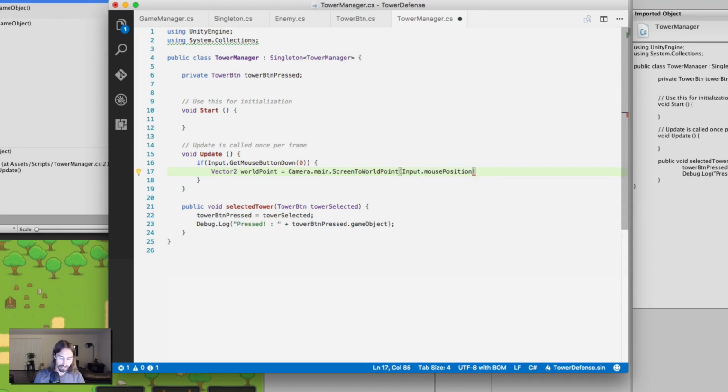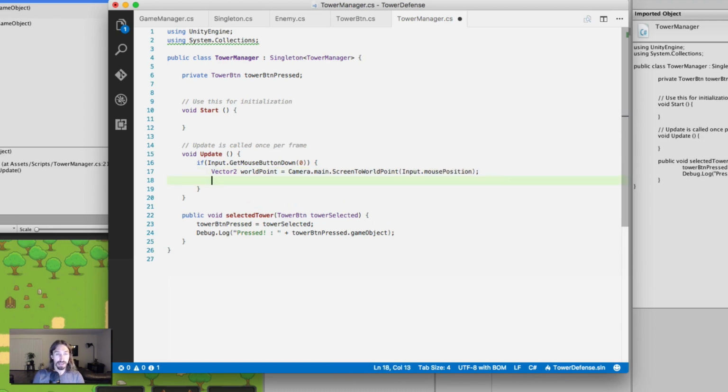I know that is a handful of stuff, but you'll get used to all of Unity's built-in tools that make our jobs a lot easier. So Input, and then it actually knows where the mouse is. It's really cool. All right, so we're going to take this Vector2 that we just created, and we're going to create a